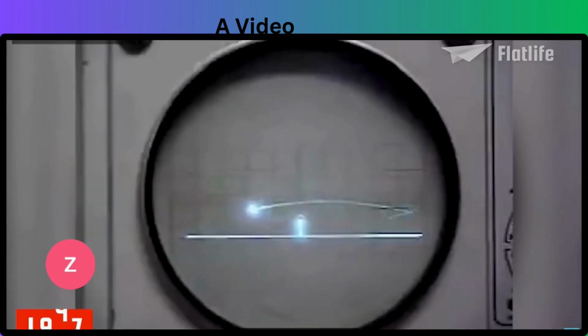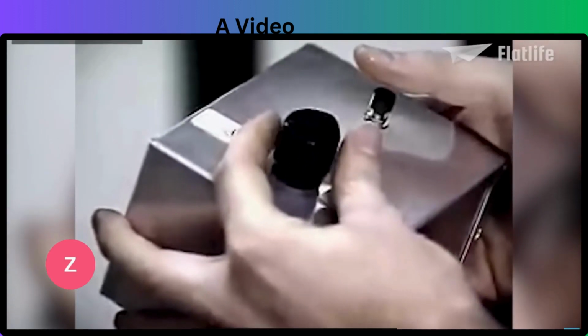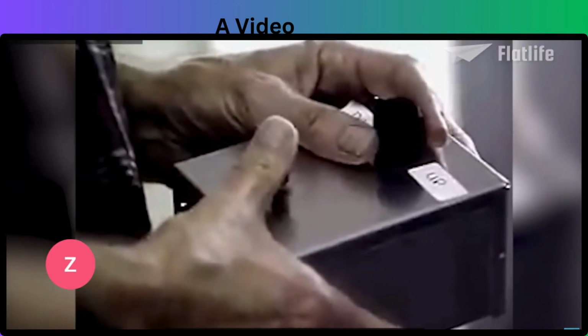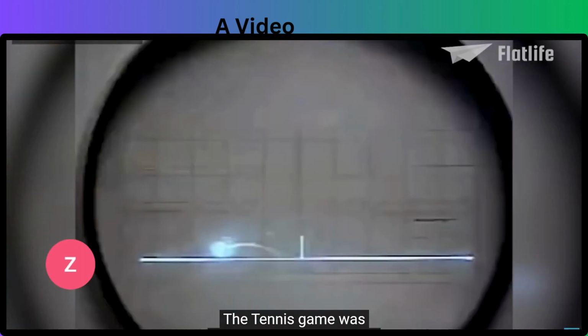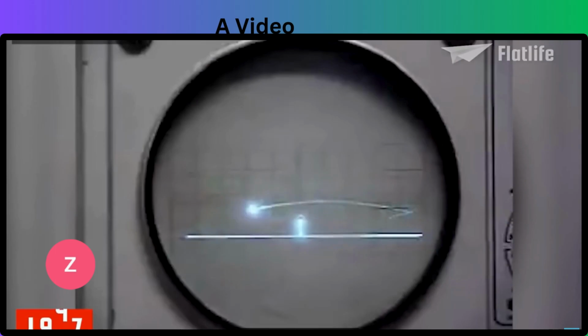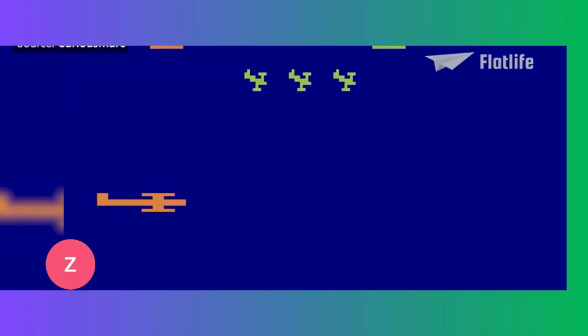It wasn't until 1958 that the first game, simply for entertainment purposes, was built. The game was Tennis for Two, and it became an instant sensation with hundreds of visitors waiting in line to play the game during its debut. The tennis game was one of the earliest games to feature moving graphics. It wasn't until 1958 that the first game, simply for entertainment, and simple games were developed for this console, including